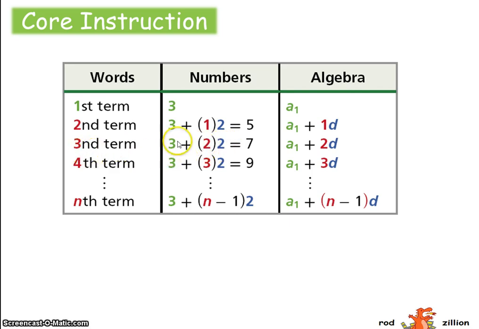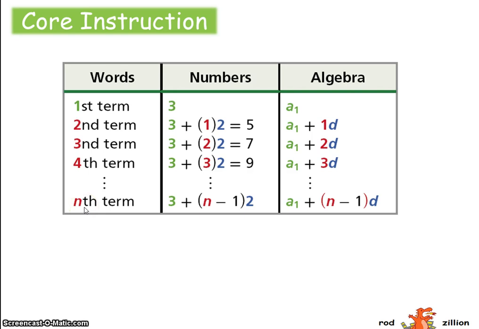Remember, the initial term is already a term in itself, so that's 1 term, and then we need 2 more groups of the common difference. The fourth term, the initial term, that's 1 term, plus 3 groups of 2, for a total of 4 terms. So our formula,